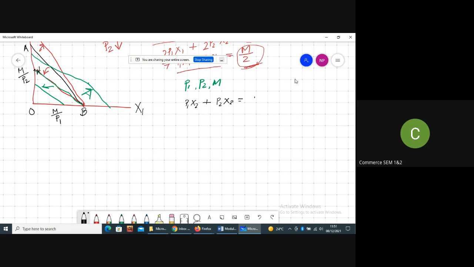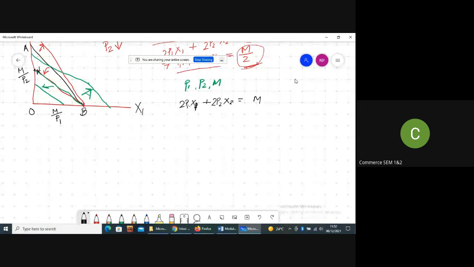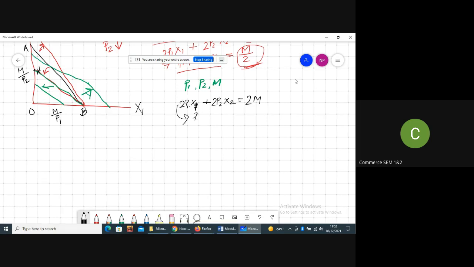Rewrite your budget line P1 x1 plus P2 x2 equal to m. Now if P1 doubled, P2 doubled and money income doubled, so the new equation will be 2P1 times x1 plus 2P2 times x2 equal to 2 times money income। So this equation will be exactly the same equation as before।